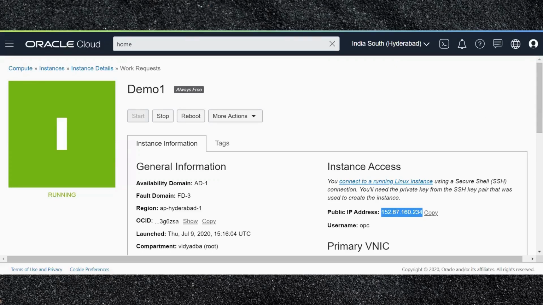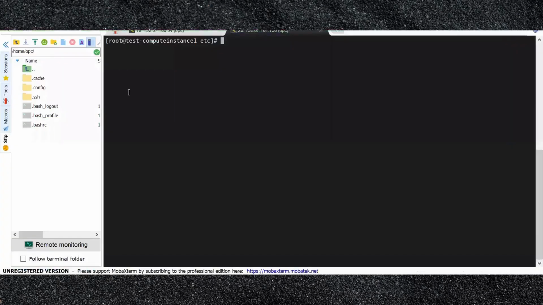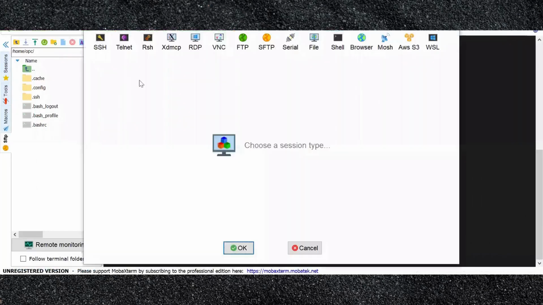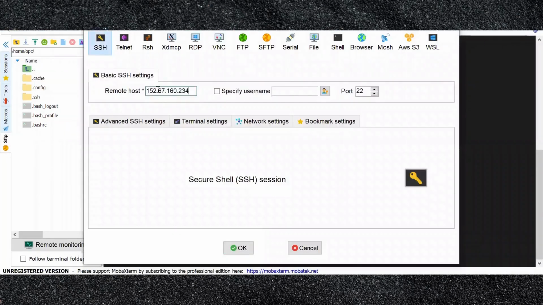For that, I'll be using MobaXterm. I can click on session here, give the IP address, and specify the username. The default username is opc, so we are using the same for connecting to the instance.